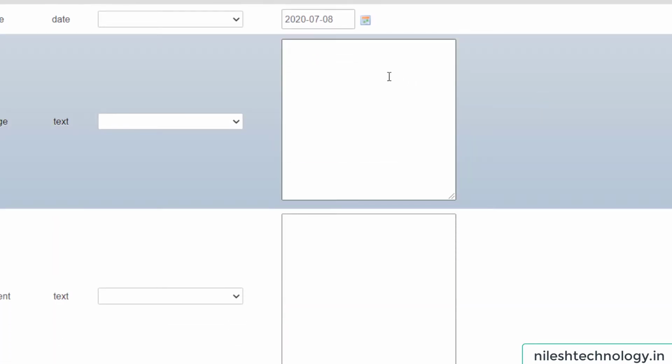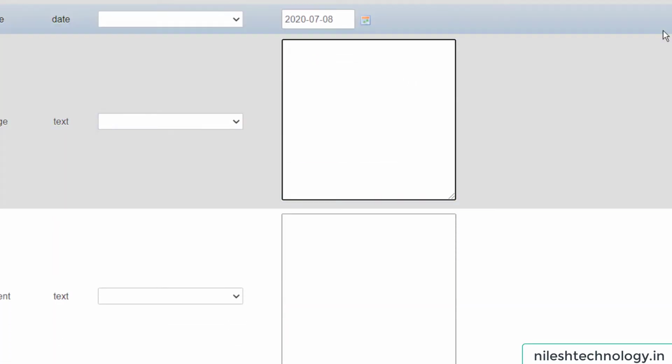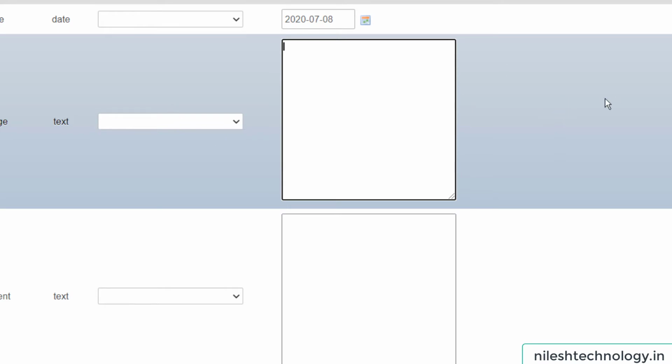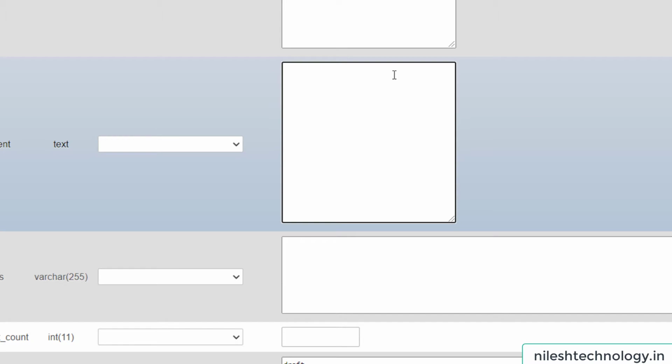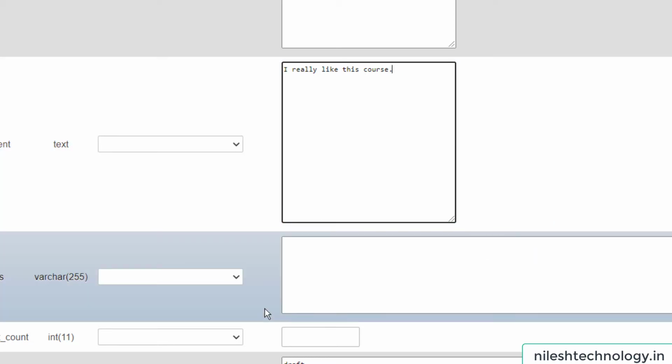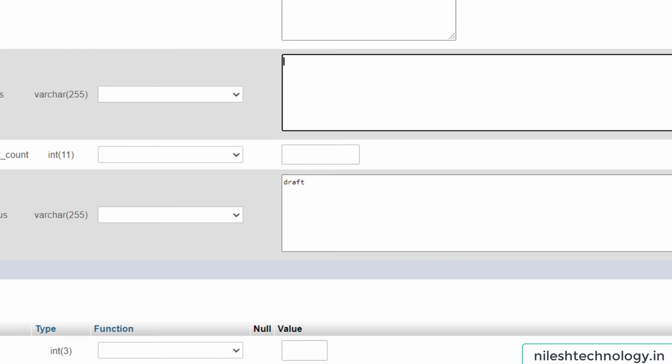Okay, then post image, now leave this blank. Then content, so for example, I really like this course. Okay, then here search tag, so here we add some search tags. The search tags are PHP, author Nilesh, then course name CMS.